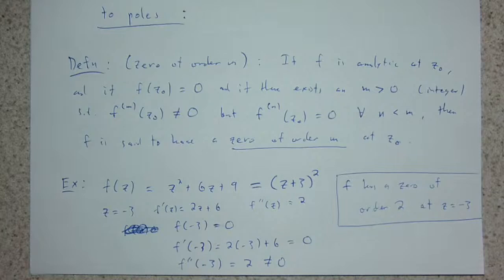This is the idea that we could do this for a function that is not just a polynomial. But there's a very nice fact here that even if our function is not really a polynomial, we have a characterization of zero of order m at a point that is very similar to what we know happens in the case of polynomials. And so the following theorem